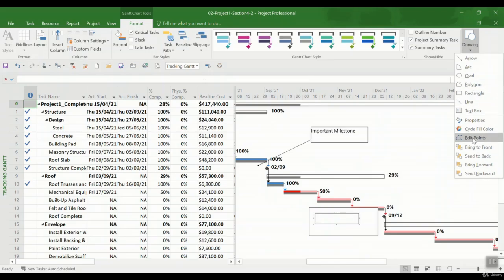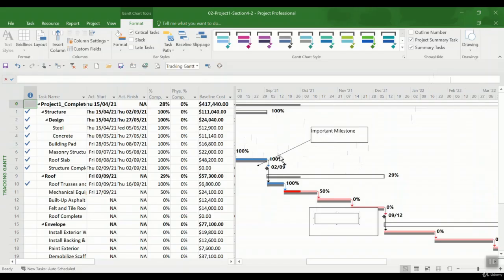You can put polygons, you can put them like the other Microsoft products. You can put different, for example, features like send it to back, send it to front, when you are going to use several of these features. So this drawing is useful for making some highlights in your Gantt chart and just report it to your upper